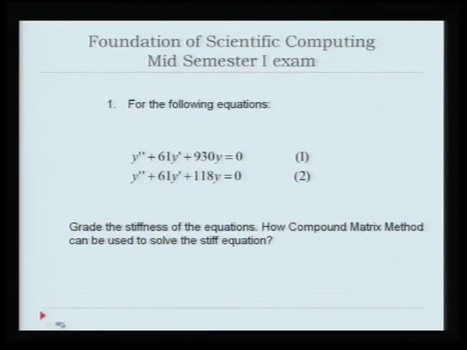The first question shows 2 similar looking equations, but one is a regular equation, another is a stiff differential equation. So basically I have asked the student to grade the stiffness of the equations. And we have talked in great detail about the compound matrix method. So how would one solve one of the stiff equations out of 1 or 2? That should be told. It's very easy for me to say that equation 2 is stiff, but that's what